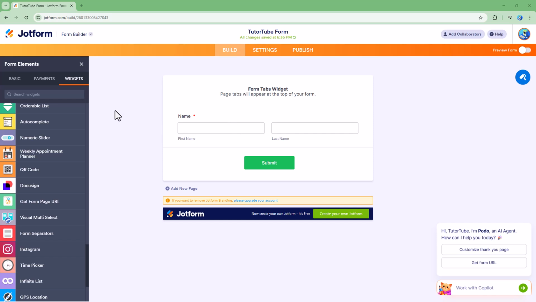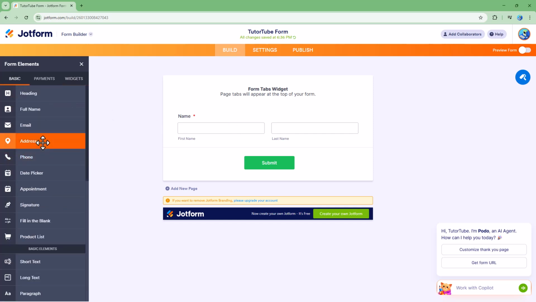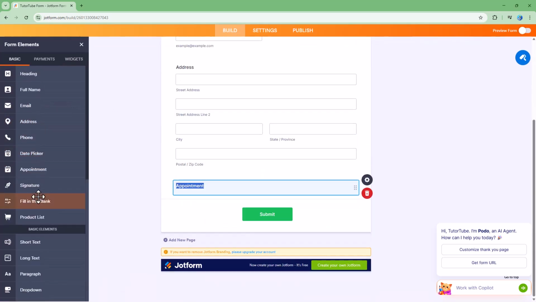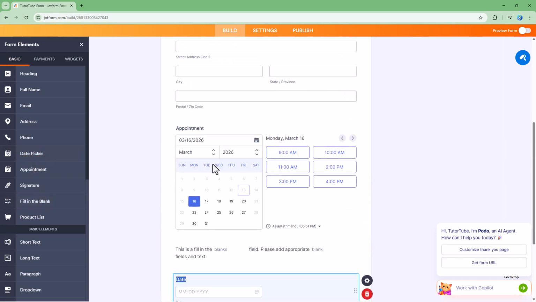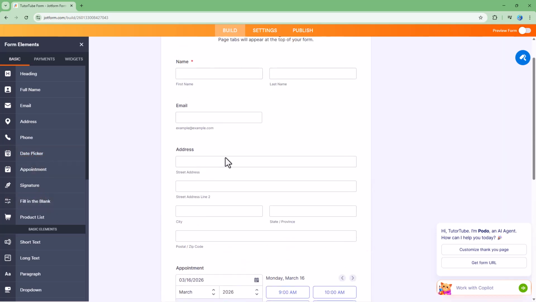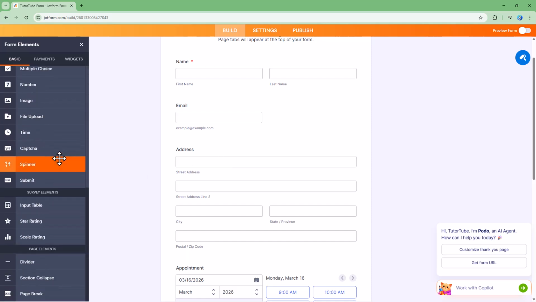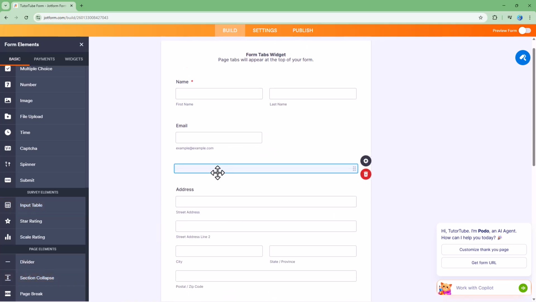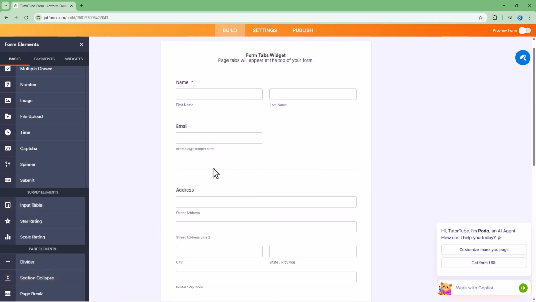So over here, you can see that I got the form fields right here. And let's say I'm going to go ahead and add in some elements. So let's say I want to add in a visual cue somewhere around over here in between the form to separate out the form element. So for that, I can actually go ahead and utilize the divider right here, just like this, which is a